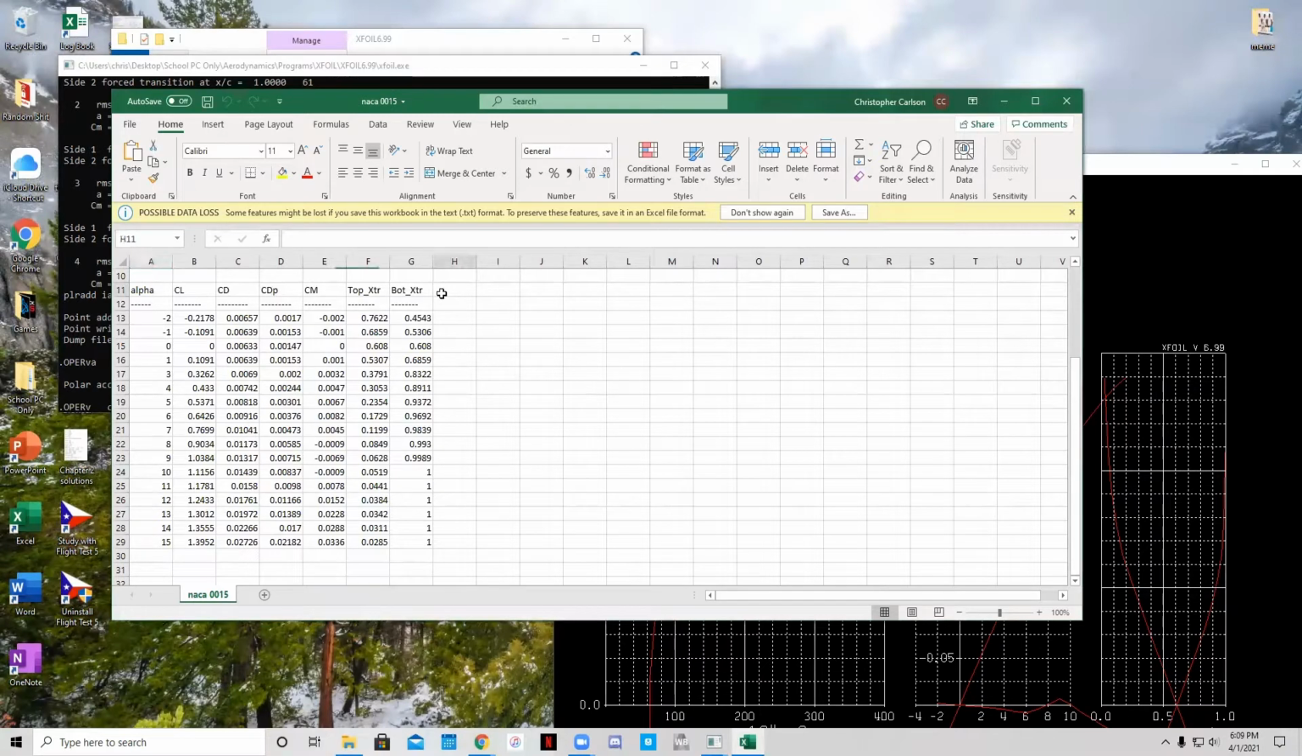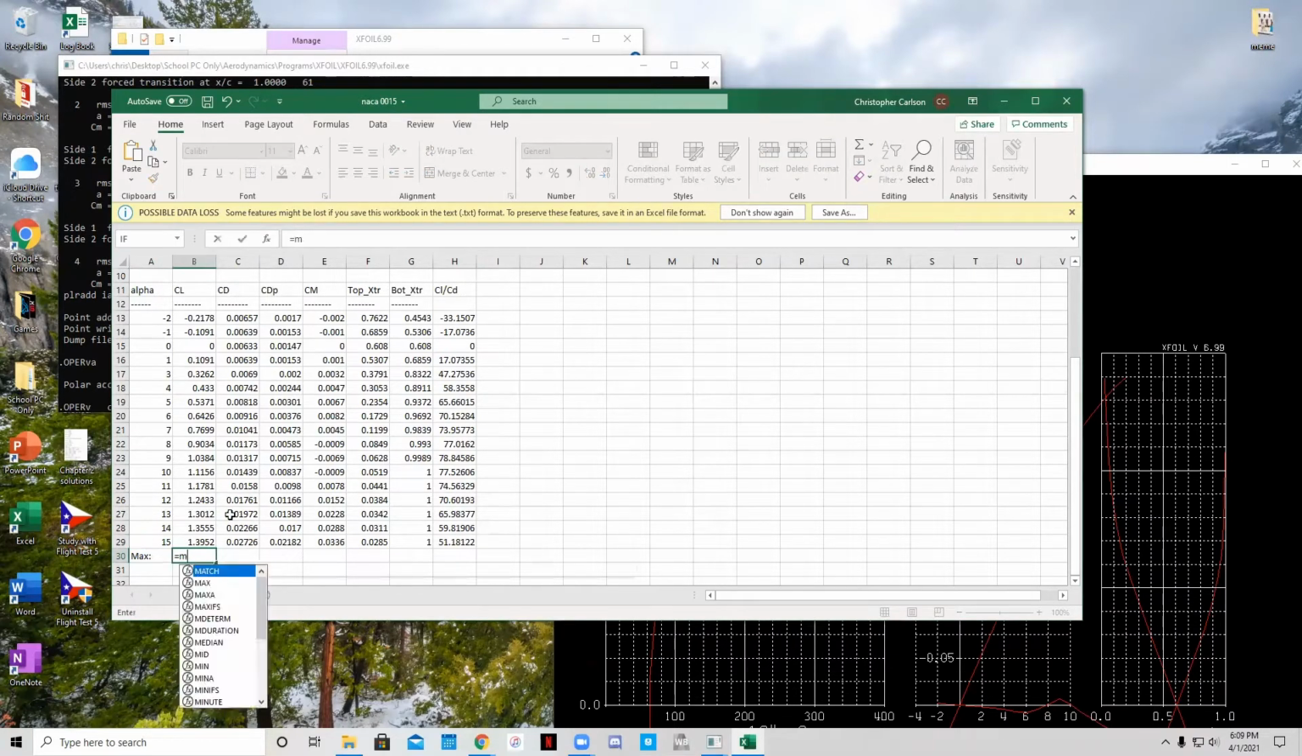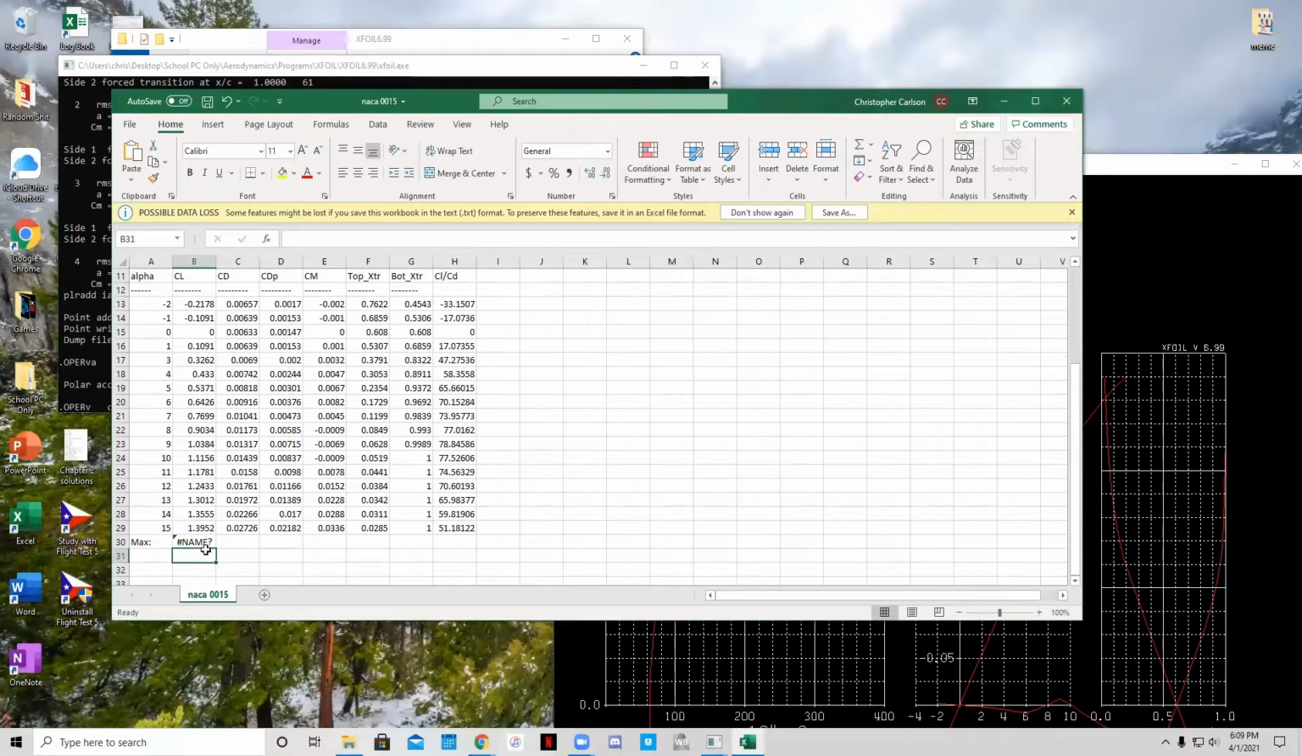First let's get the max. Actually, we want a ratio of CL over CD. So that's just going to be equal to CL divided by CD. Carry that down. Let's get the max. Max of this. Carry it over. And so that's the max